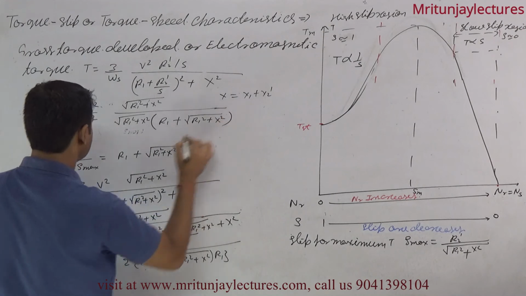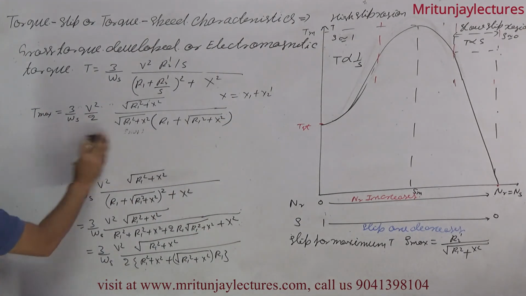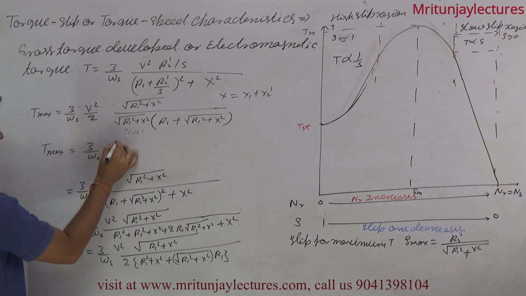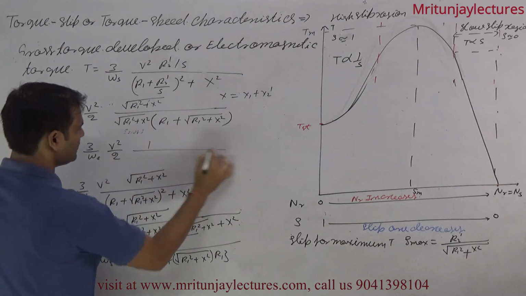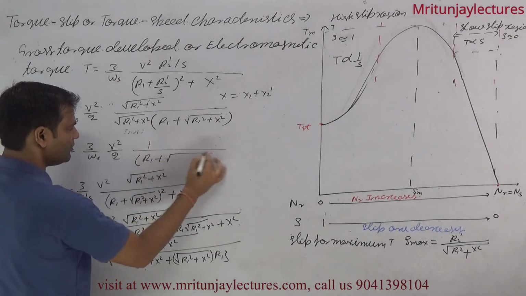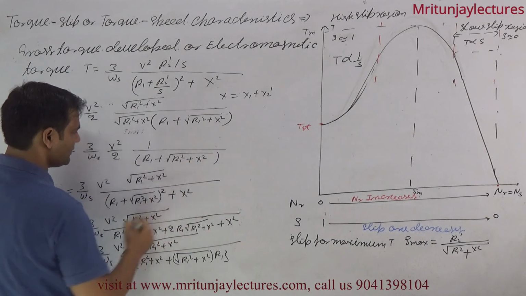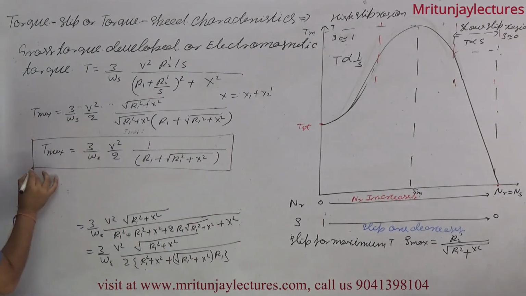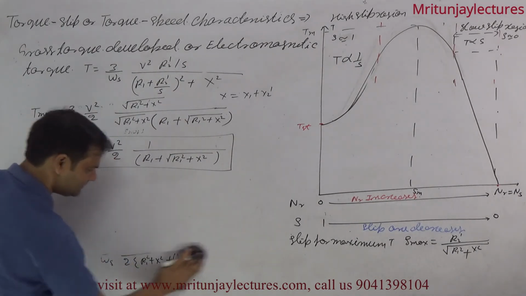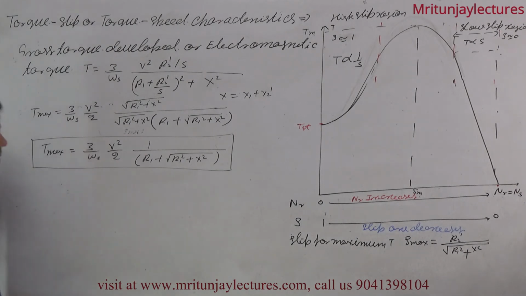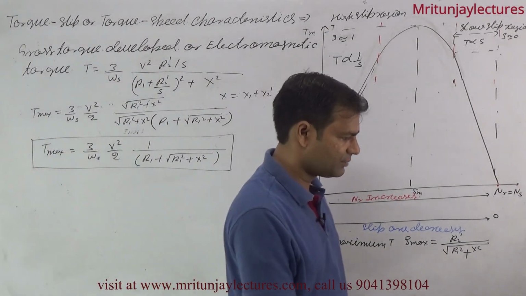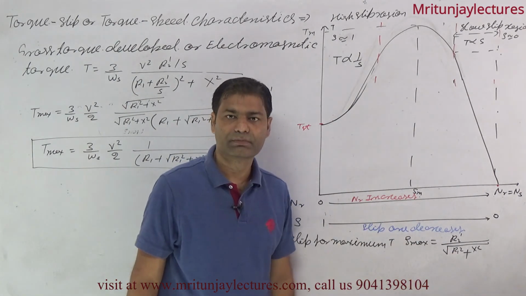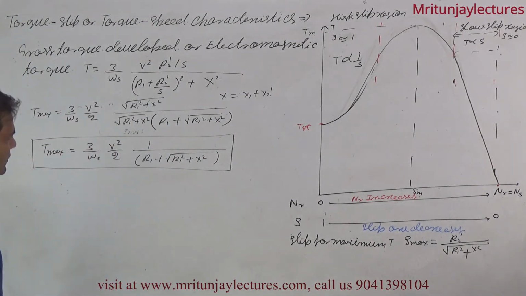So final Tmax will be equal to 3 upon omega s into V²/2 into 1/(r1 plus under root r1² + x²). Clear? That is maximum torque. At maximum slip, S max is equal to R2' divided by under root R1² + X². Now, sometimes in objective questions it is written,